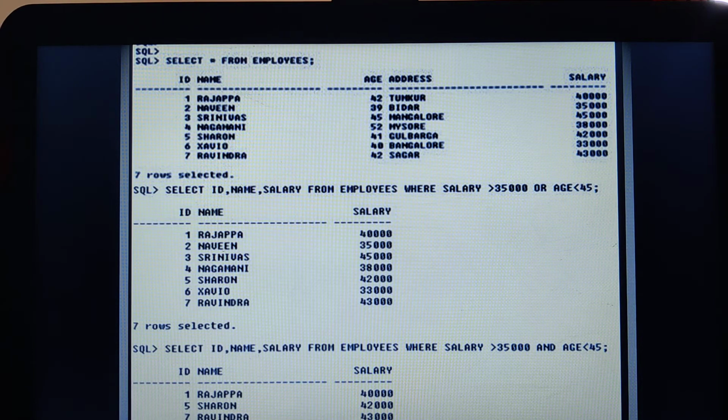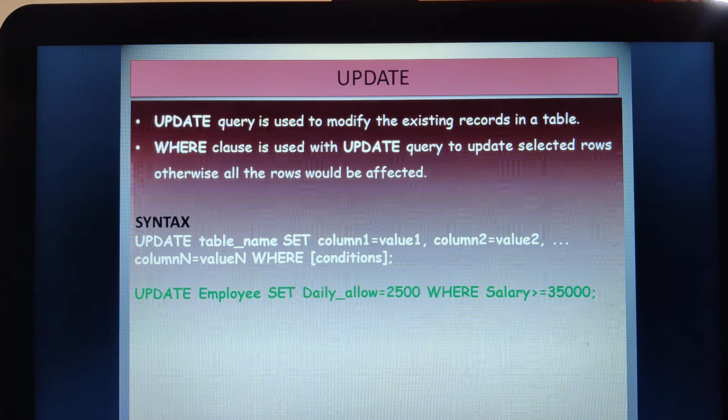Okay. Moving on to the next command. Our next command is the update. Herein, update is a query that is used to modify the existing records in the table. As we have executed some of the queries in the SQL practical session, we were about to set the amount column to be 50 there. So we had used the update command.